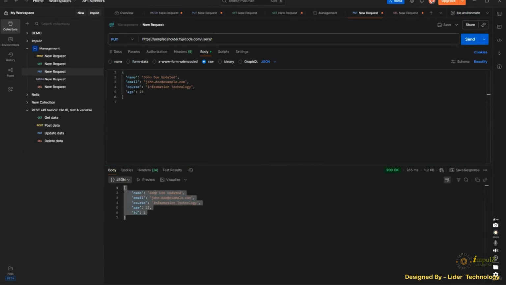Next, go to the Body tab, select Raw, and then choose JSON. Now enter the full updated data in JSON format, for example, name, email, and phone number. After filling in the details, click the Send button to hit the API. If everything is correct, you'll receive a 200 OK success message, and the data will be updated successfully in the